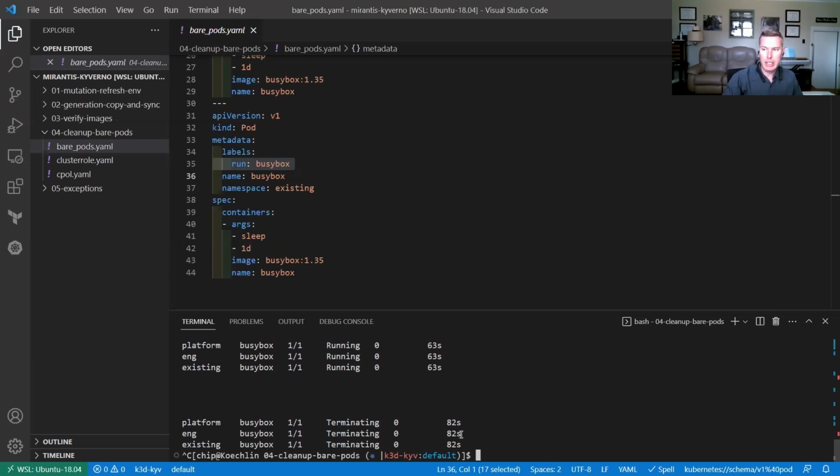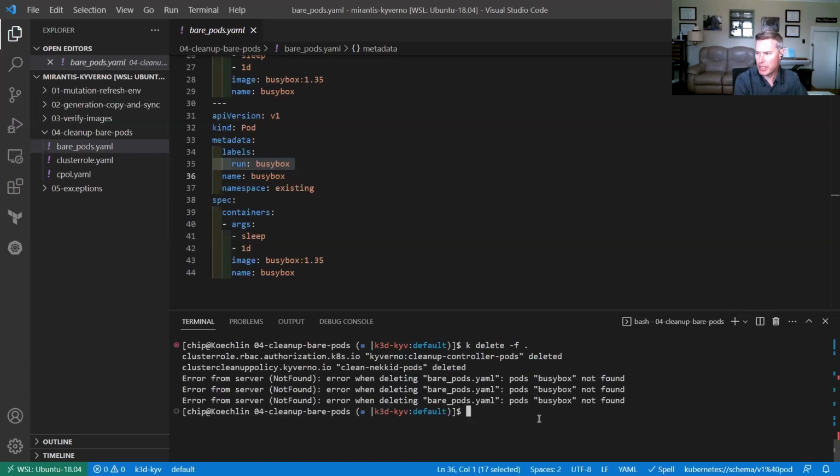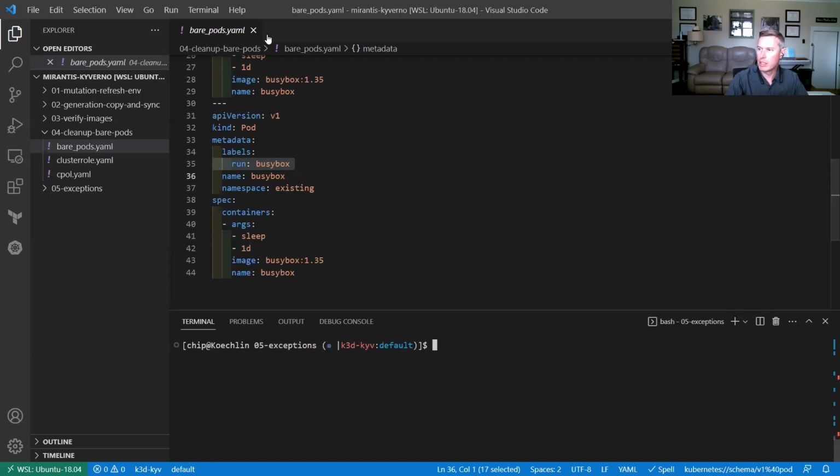So as you can see, the cleanup capability can be super useful to you as a platform engineer, or in general, if you're a cluster operator or maybe security minded, you can really use this to remove things that may just be causing clutter in your environment. And it's very complementary to a lot of the other capabilities. So you can have this clean up whatever resource that you want, including custom resources. So that's a little bit about cleanup policy. And let's clean up, no pun intended, this,